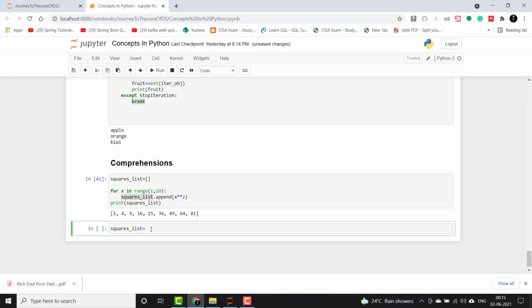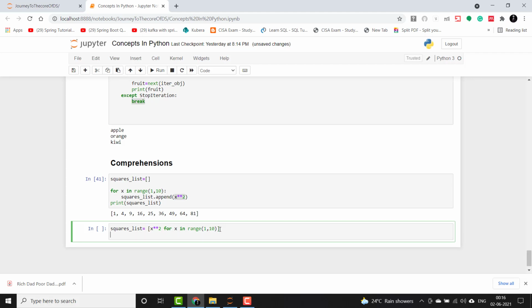We'll use the same list name, and the list comprehension starts by the same square brackets and a for loop. Okay, so I'll just copy this statement. The only difference here is we are creating an empty list and appending the x squared value to that list, but in list comprehension we'll just simply return the x squared value each time the for loop returns the element. So this will automatically create an empty list and start appending the squared value of each item starting from 1 to 10.